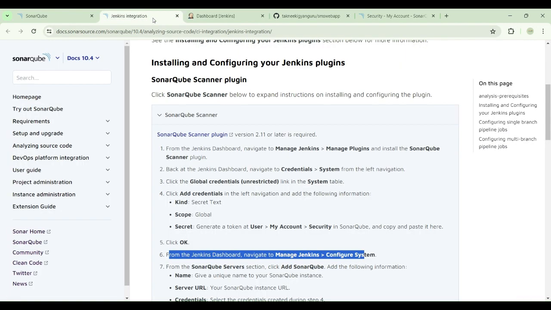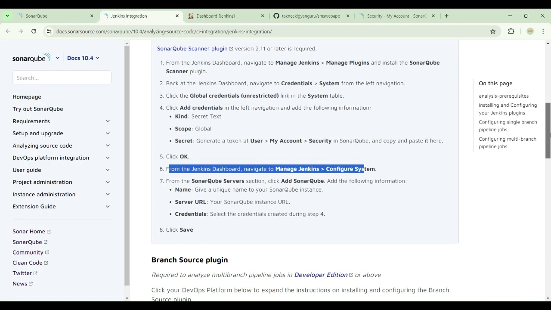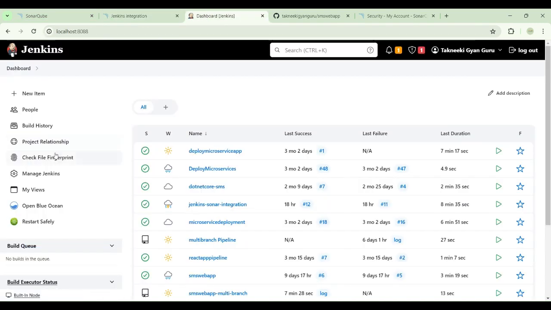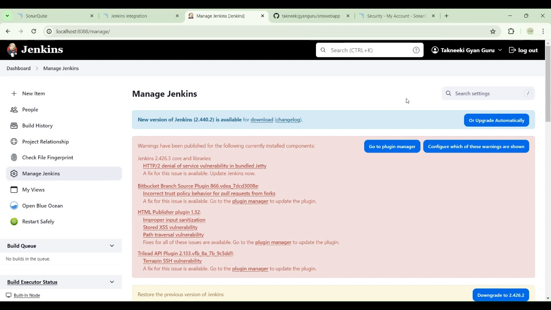Again we have to go to the document. So now we have to go to Manage Jenkins, Configure System, add SonarQube, add the following information, give the name SonarQube instance. So this is URL and credentials. Again we will go and do something like go to Jenkins. Let's check, right? That is also required. Sometimes it doesn't work. Click on Manage Jenkins,